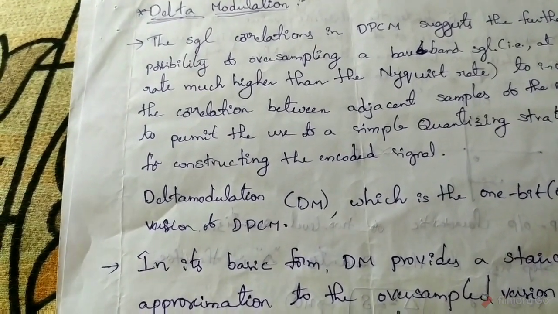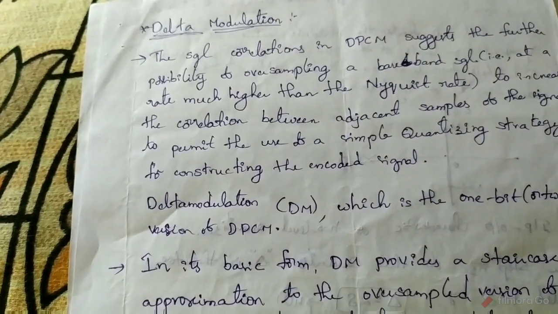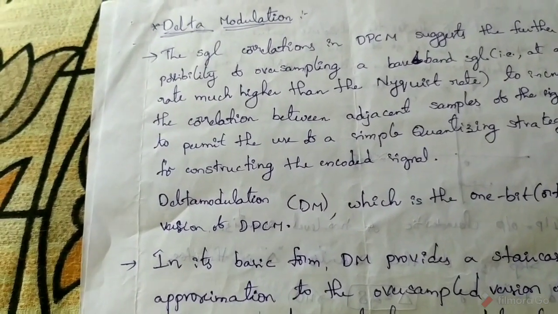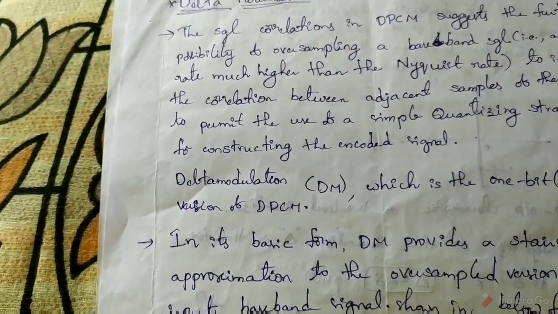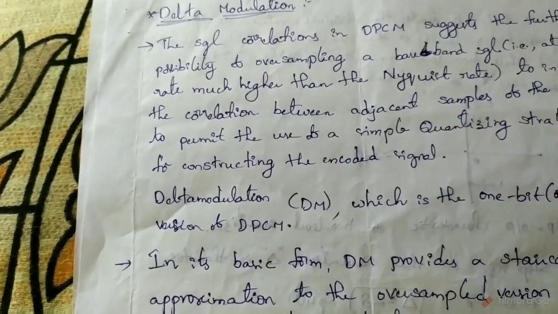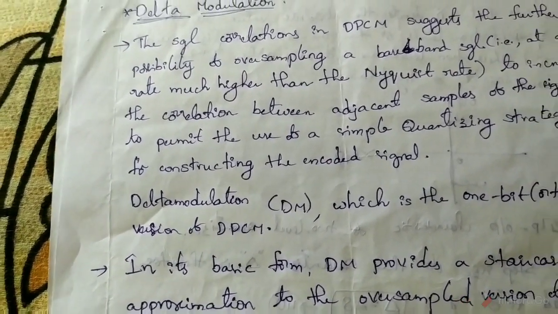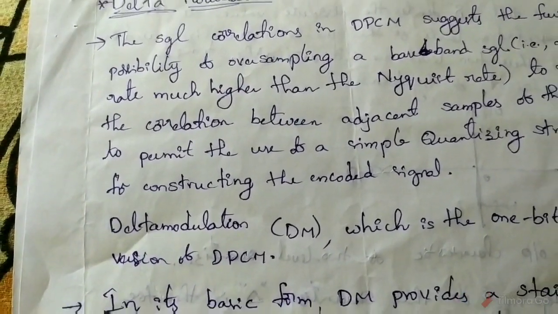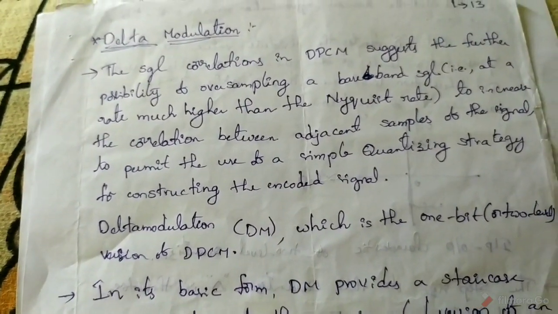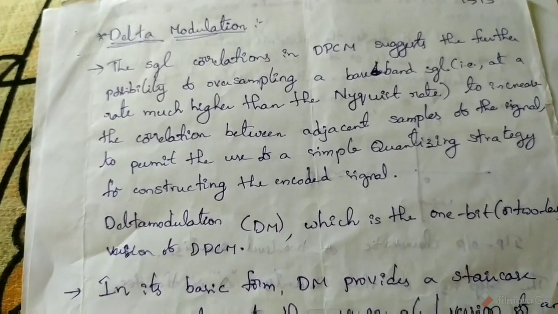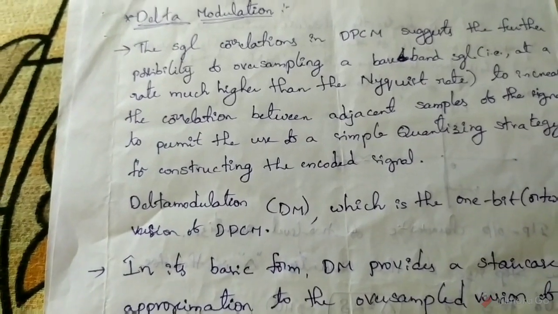If we compare the input signal with the staircase signal, if the staircase signal step is increased, we will consider that one with plus delta. If the staircase is decreased, if compared with the input signal, we will consider that one as minus delta. So here we will encode the sample, either it is related to plus delta or minus delta. So only two conditions here will exist. We will encode either plus delta sample or minus delta sample according to the approximation technique.